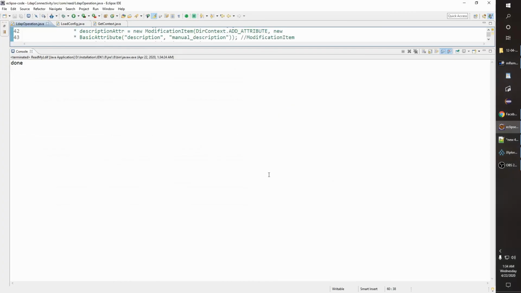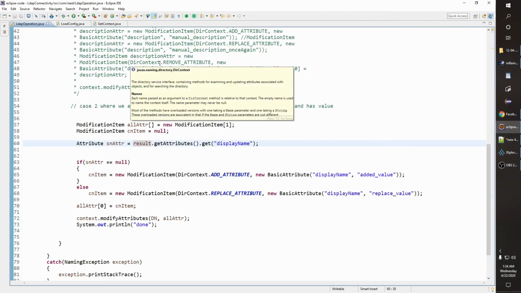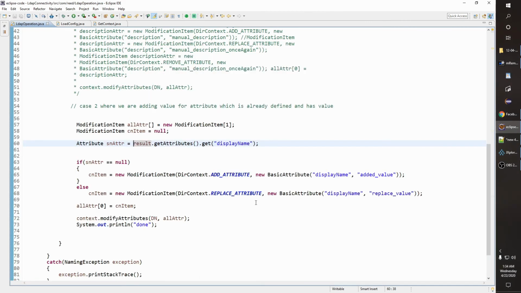So you got it. So basically, when your attribute is single valued, then it is difficult for you to write your code. So first thing is you have to make sure whether value is present or not present, and accordingly you have to set the operation, whether it's an add operation or replace operation. Otherwise, it would give you some sort of error, something like LDAP error 20, where it will say value already exists. If it is a single valued attribute, it already has a value, and now you are adding some value, then obviously it will give you some sort of exception.